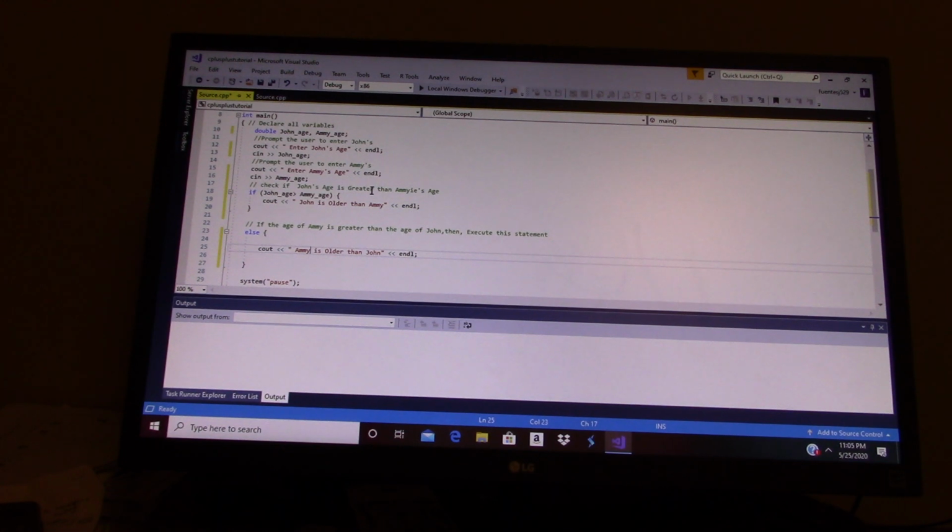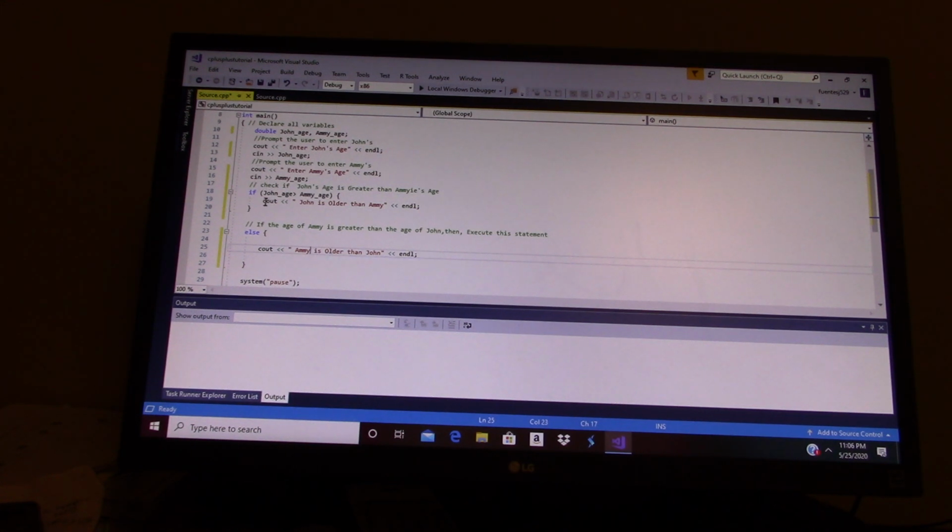If this is not true, then let me execute whatever is not true in this else statement, right? If John is not greater than Amy, then that means that something else happened, right? Then Amy is older than